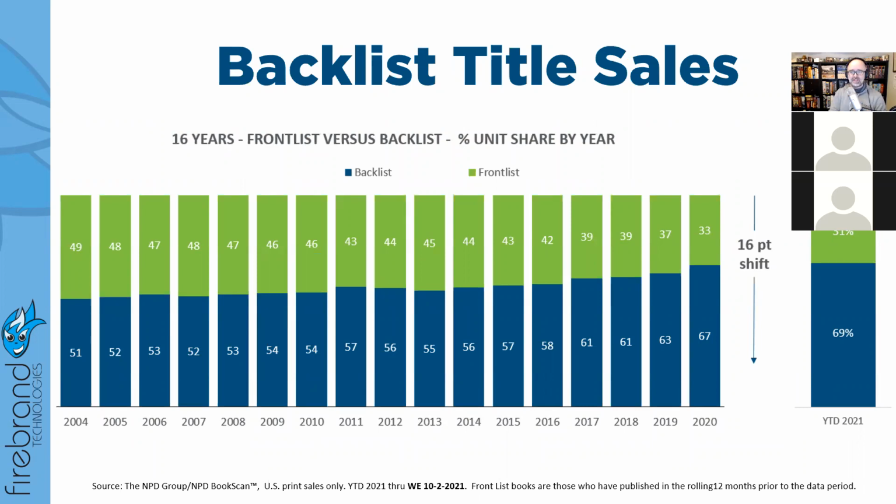So frontlist sales have eroded kind of slowly over the years, along with the decades of declining high-priced, big footprint mall and suburban bookstore locations. So when you think about how books are being sold, this has been a progressive change in the backlist. Back in 2004, it was at 51% of sales, and in 2020,